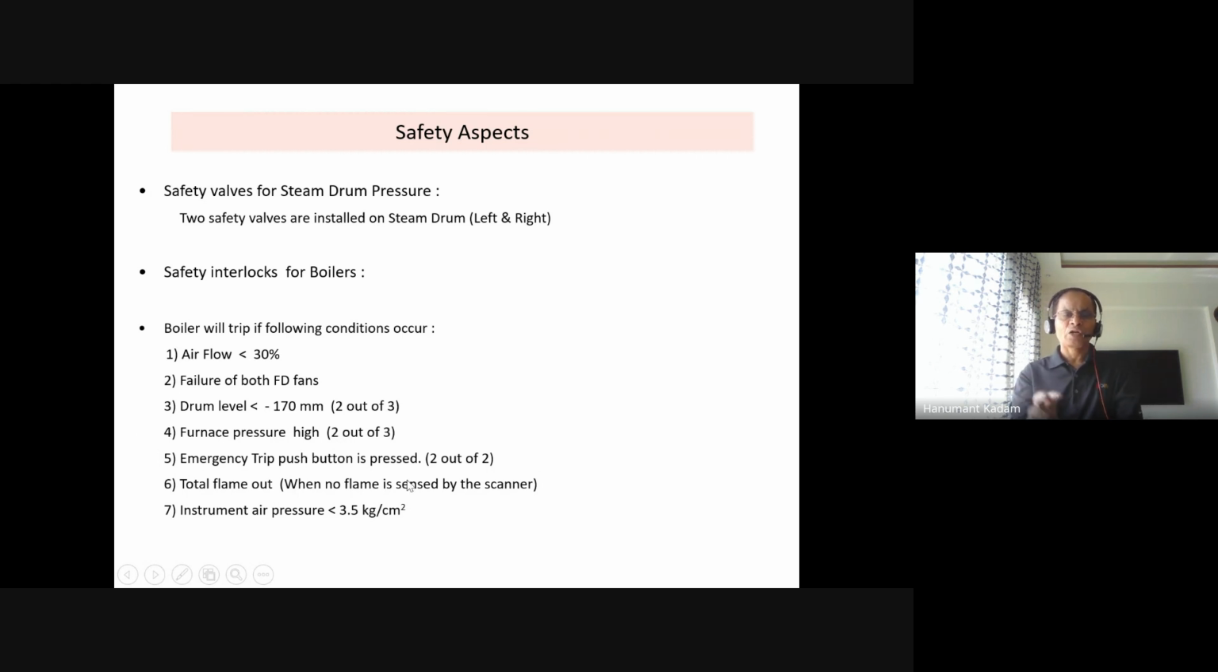That trip button I have shown, if somebody has by mistake pressed one, the boiler will not trip, but if two out of two, both are pressed, the boiler will trip. Total flame out, when flame is not sensed by the scanner,